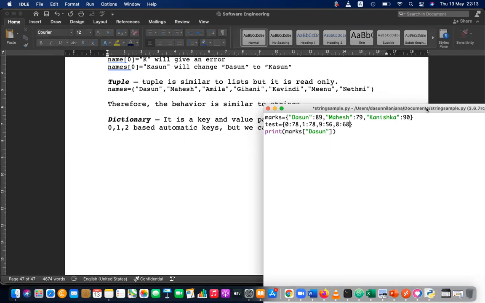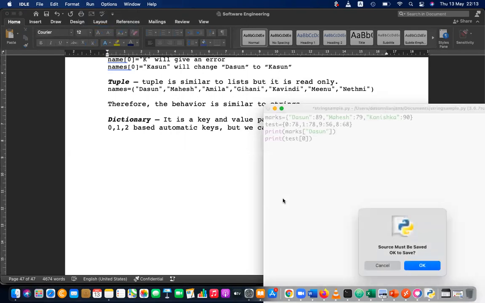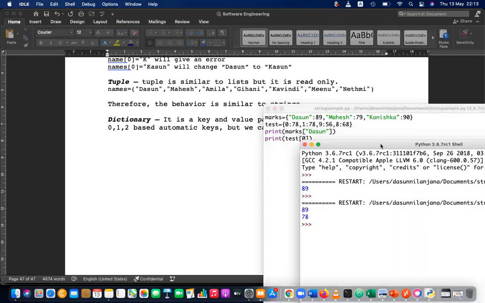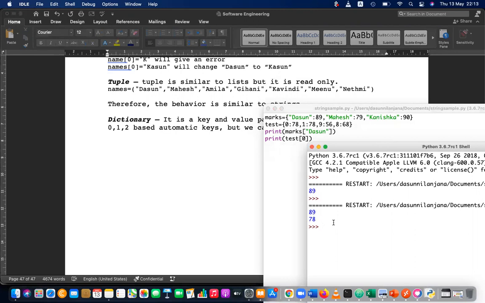Likewise, you can give integer keys. Then if you print test 0, you can say test 0 is 70. This 0 can be given because it is given as the key.